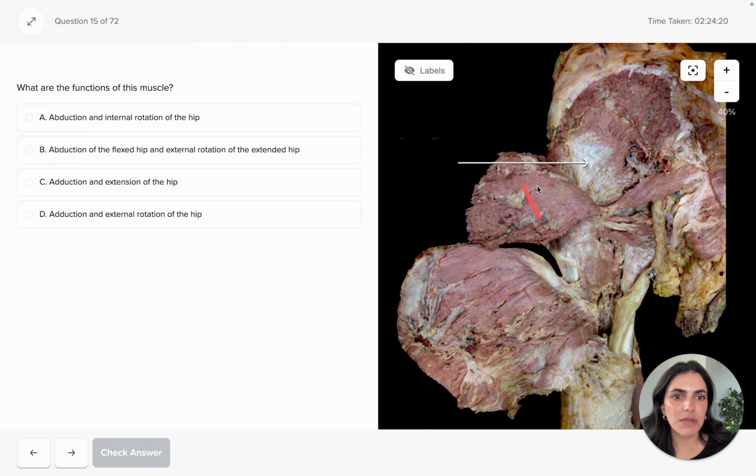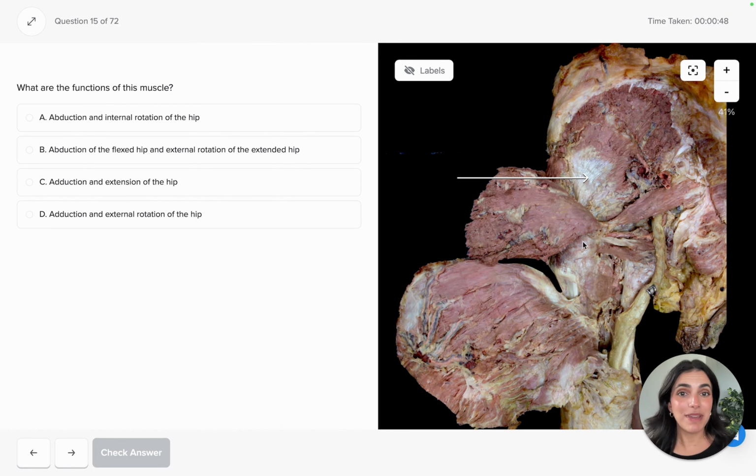Now, the gluteus medius muscle and the gluteus minimus muscle are both going to work together to produce the same two actions. Both of these muscles insert along aspects of the greater trochanter of the femur. They're going to help us with medial rotation of the thigh as well as abduction of the thigh. That being said, we have the gluteus maximus and the piriformis muscle helping us laterally rotate the thigh, versus the gluteus medius and the gluteus minimus helping us to